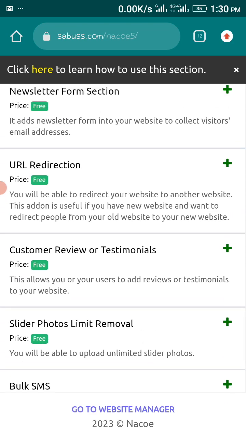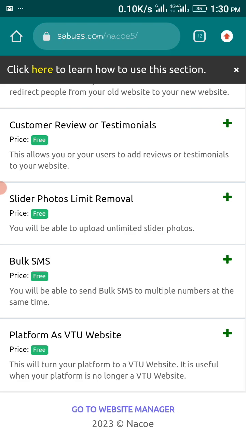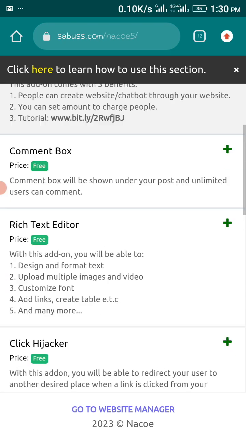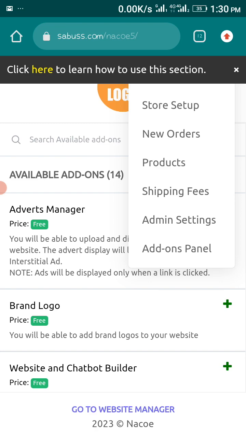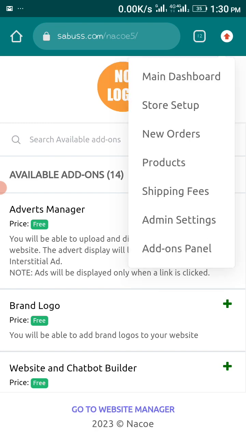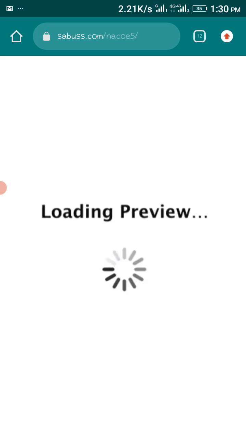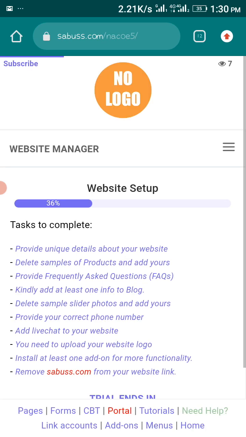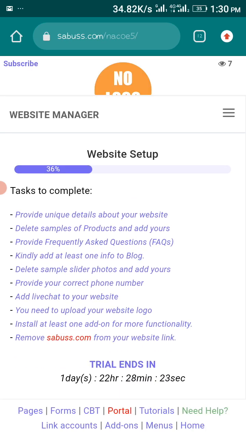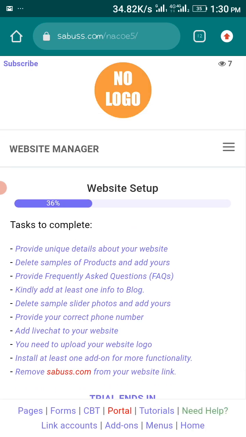So before you click on any other website, please make sure you read those texts below it. Now, don't let me rush you guys or mix everything up. So now I'm done with everything from this part. Now let's go to